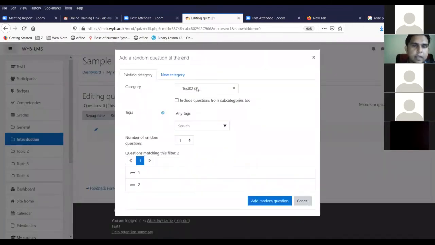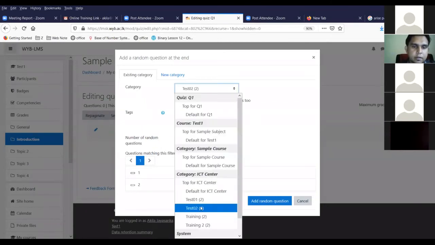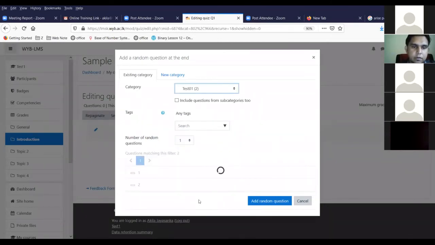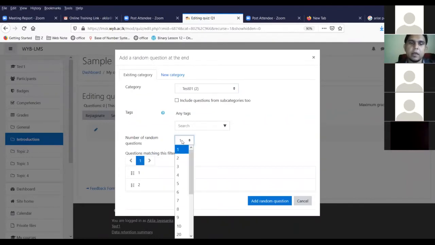Here I am going to select the question bank, test 1. That question bank has two questions. And here you can select how many questions you're going to select from this question bank. Here I'm going to select only one from this question bank and add random question.